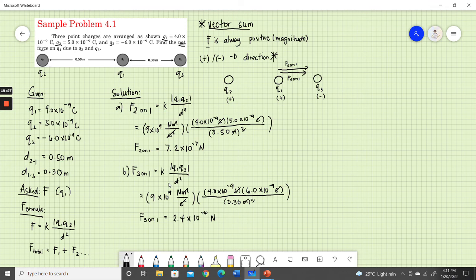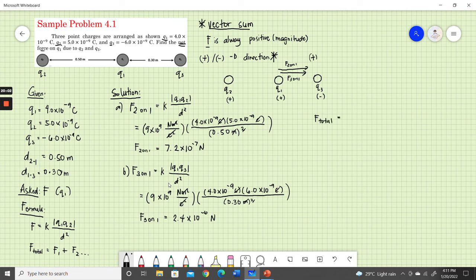What we do now in the vector sum is add the magnitude and the direction. If F2 on 1 and F3 on 1 are going in the same direction, we can use the same sign, because the sign is about the direction. It's up to you which sign you want to use. In this case, to make my life simpler, I'm going to use a positive sign for both, since they're pointing in the same direction. So in order to find the F total,